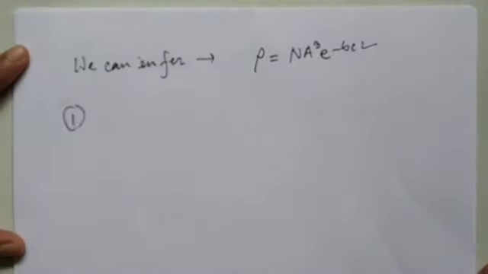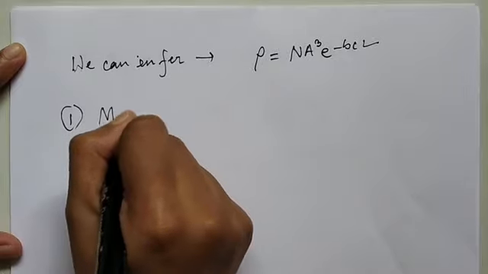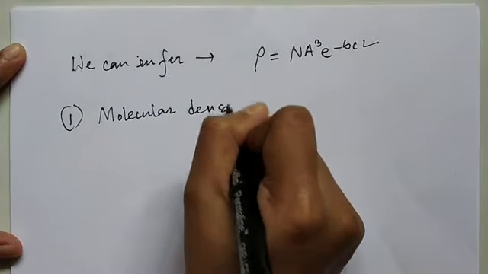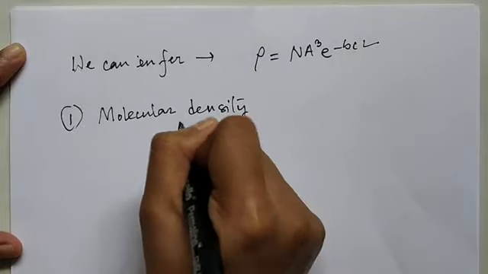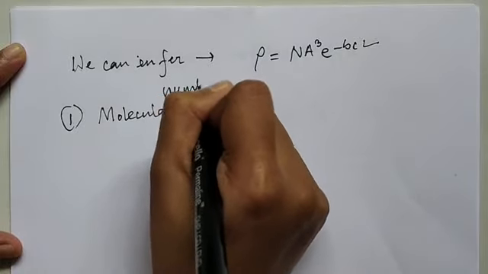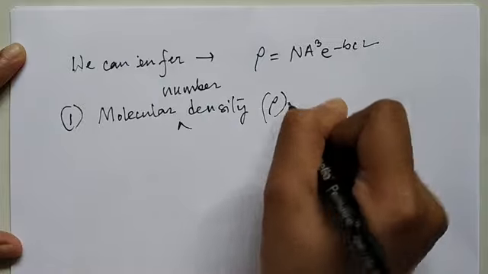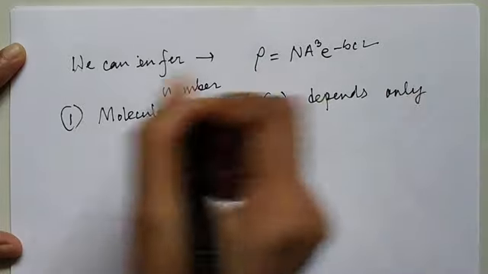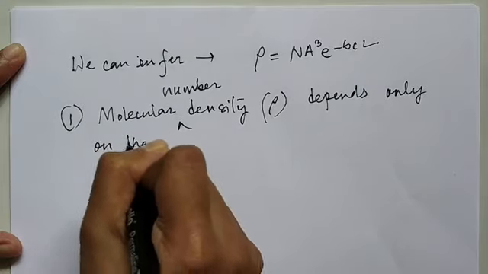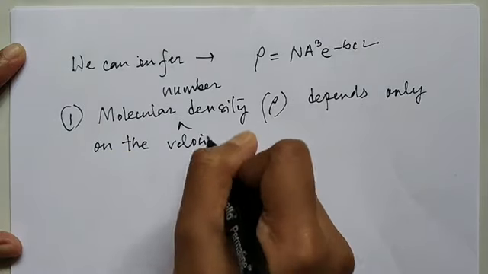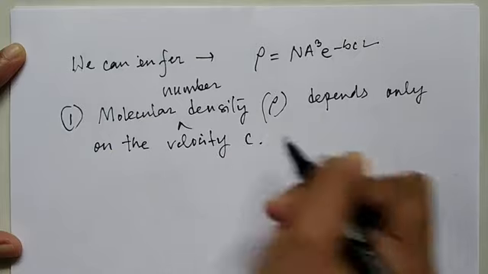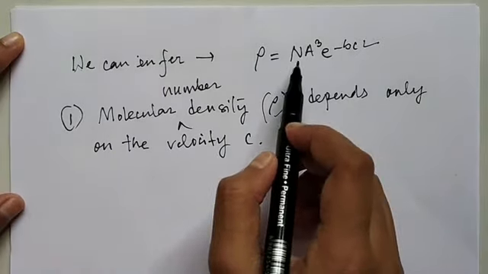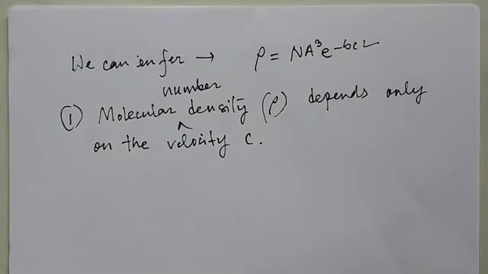The first thing is that molecular number density, which is rho, depends only on the velocity c. Okay, so if you look at this equation,